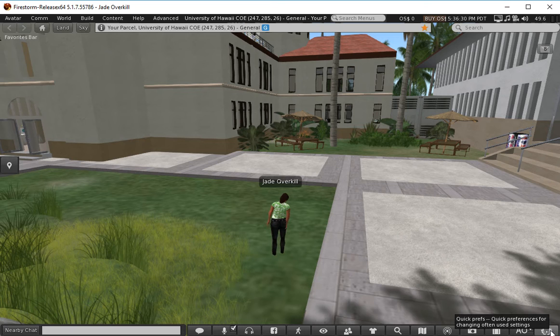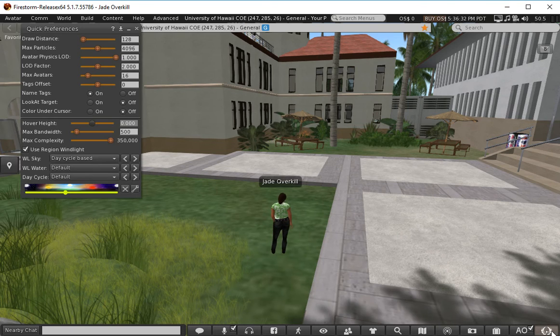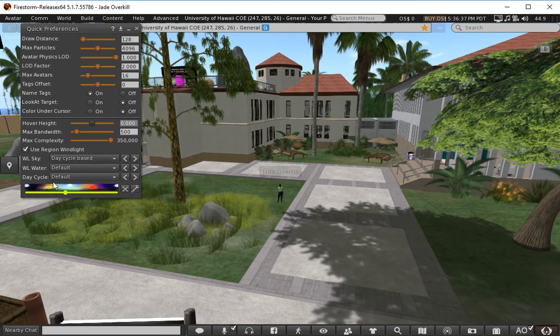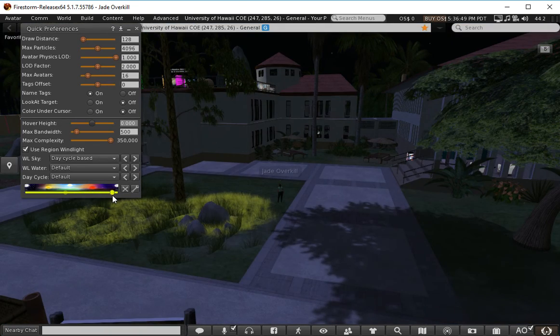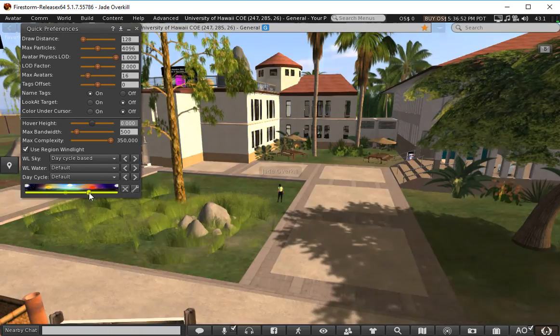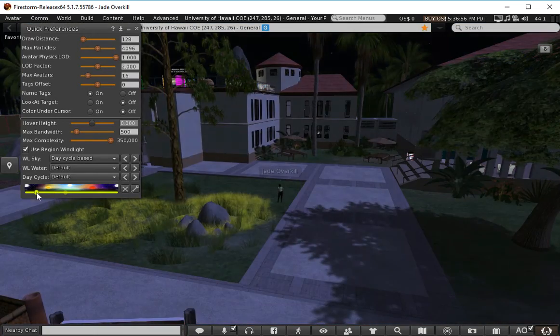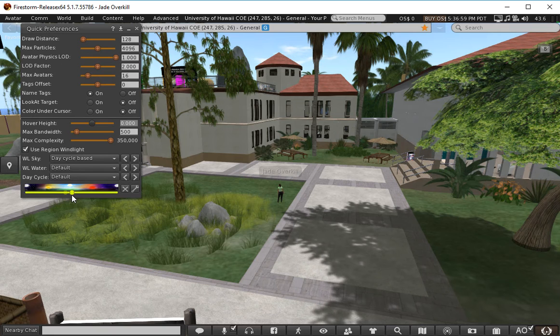Now, sometimes you'll come in here and it will be daytime as it is now. So you see it's daytime right here. Don't worry about any of this stuff right here, but if you look all the way down at the bottom on this yellow scroll bar, this is your day cycle. And you can actually scroll through and change what time of day it is. So if you hop in here and it's dark at night and you can't see anything and you just want to be able to take a snapshot but it's not coming out very well, you can always scroll and change your day cycle,